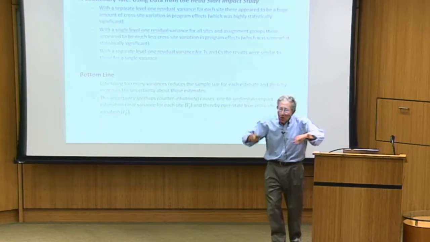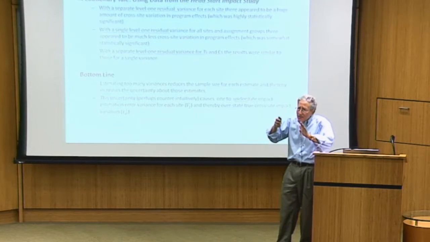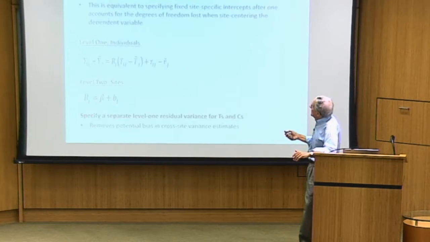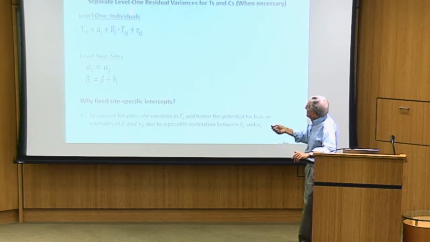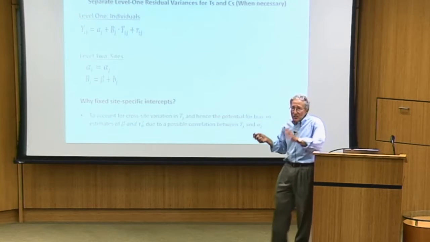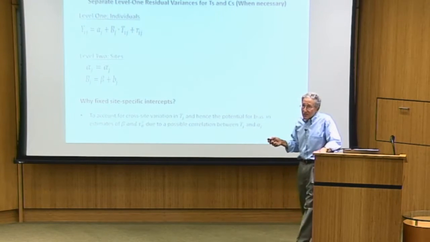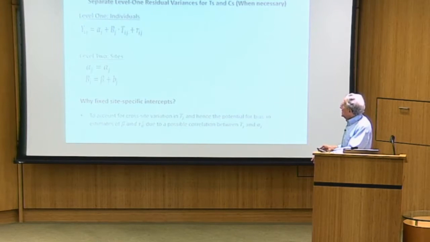But this is sort of a long-winded way of describing the full model. Okay? It's the basic model we had right here. Fixed intercepts, random coefficients, separate T residual variance and C residual variance, but pooled across sites. Okay, that's the model we're mostly proposing. All right,